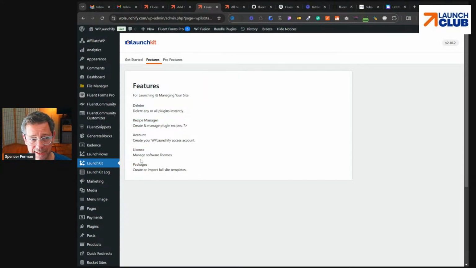The packages are not so much useful anymore, because what I found is that nobody really wants to start literally from zero. They want to start from a recipe. So the recipe manager over the packages. The license manager works really well, and that's just for those things that you need remote access to, like the Cadence Cloud. It just takes care of it for you, right? Because I have the unlimited license to offer that to you. So I'm just giving you access in a way that you don't have to plug stuff in.